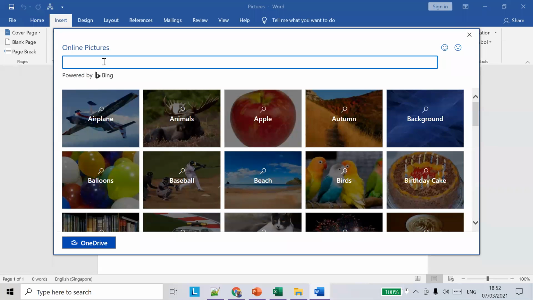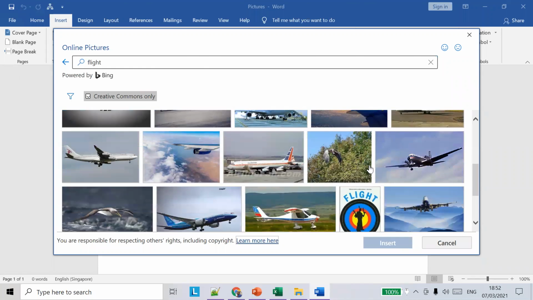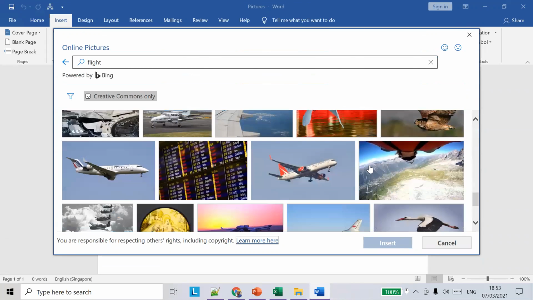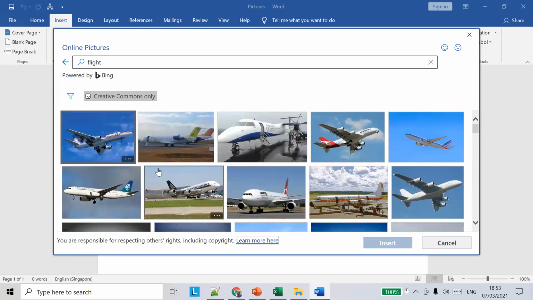Let's say you want to add a picture of a flight. I'll search for flight and click enter, and you can see a lot of pictures of flights here. You can choose any one of the pictures.